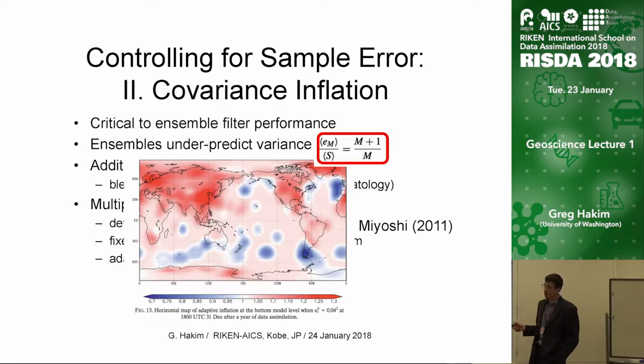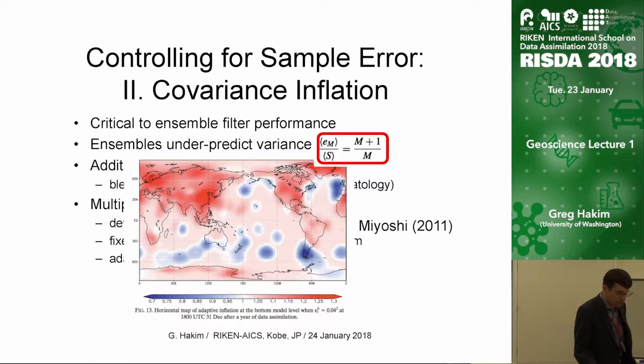What we often find in practical problems is that there's too little spread in the ensemble, and we have to inflate that. So this ratio is often, but not always, greater than 1. So it's a good thing to compute this for your prior, but you can also compute it for the posterior if you withhold some measurements from the data assimilation, if you have an independent way to verify this thing. Or it's very common to do this in the background at the 6-hour forecast, say.